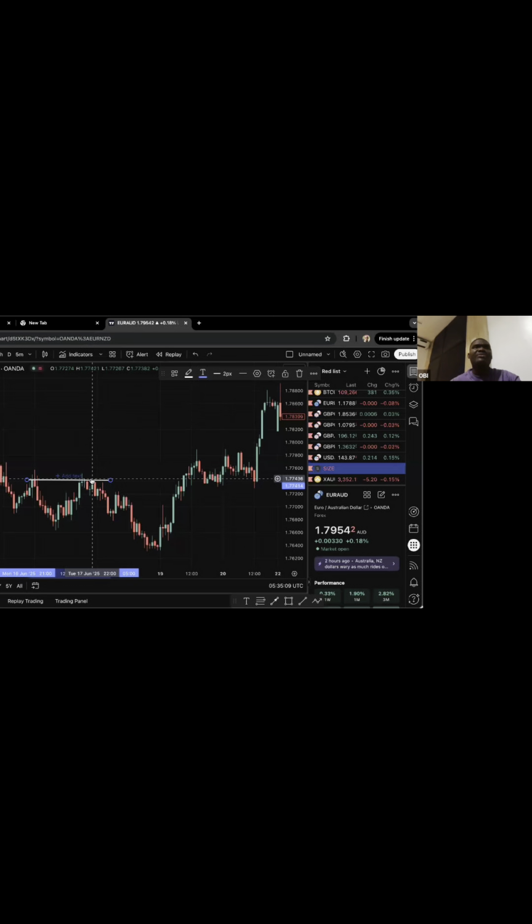There is gravestone, there is bullish engulfing, bearish engulfing, hammer candlestick, doji, dragonfly, inverted hammer, so many types of candlestick, morning star, evening star. When the market gets to such an area, always check for the type of candlesticks that are formed around that particular area. For example, some areas you will see